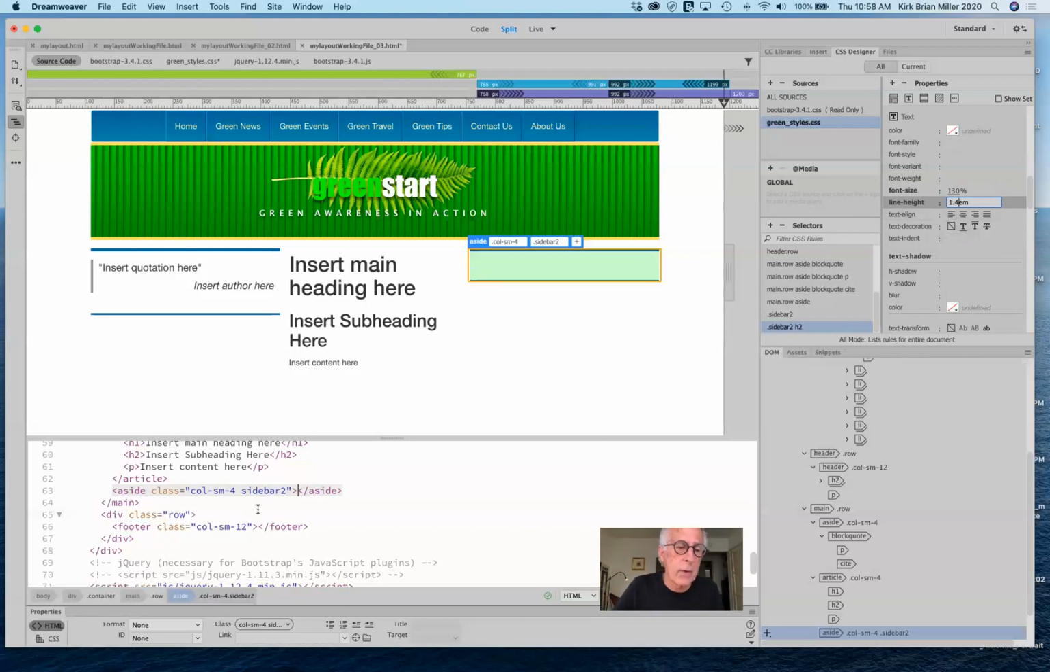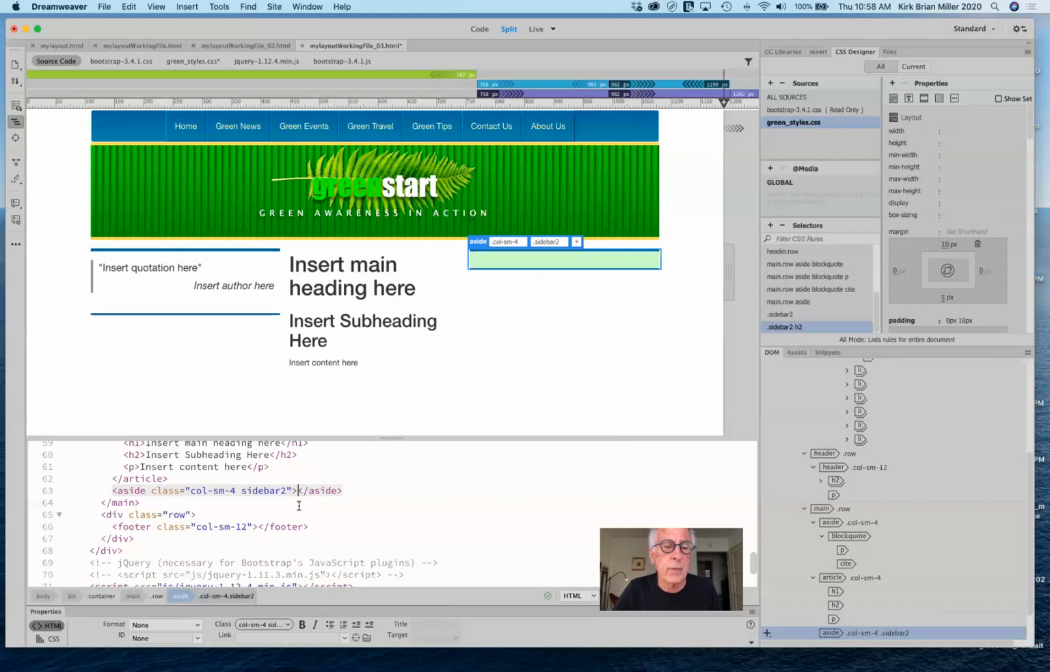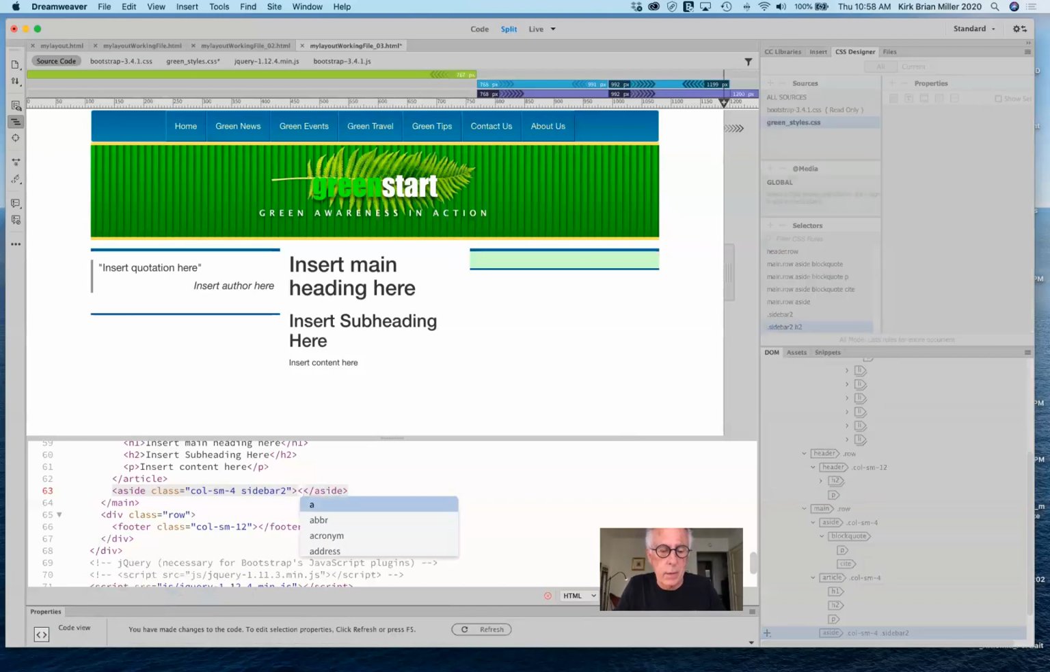Okie doke. So now you can see right now that I have the aside selected. You can do that with the bottom selector down here, or with the DOM, it doesn't make any difference. But I can go inside to the cursor now. And again, it's a little bit different than the book is doing, but I'm going to put in an H2 tag. There's the closing tag, and then inside it,